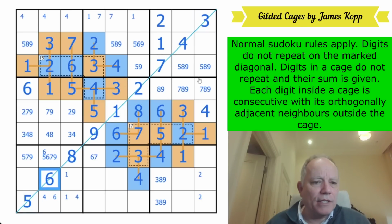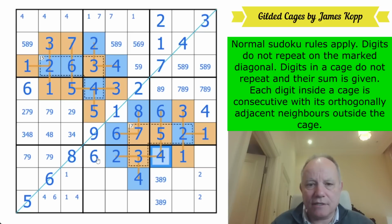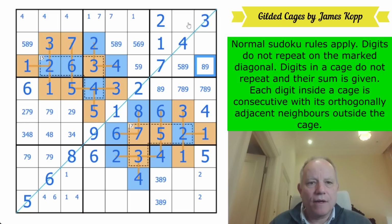Losing its religion and finishing off the diagonal. And now I've got a 7, 9 pair there, and that's a 6. This is going to do all the good in the world. This is going to get me home, I think. That is so bizarre. There's a 6 in one of those cells. I don't know which one. 7, 9, 8, 6, 5. This isn't a 6. We've got...